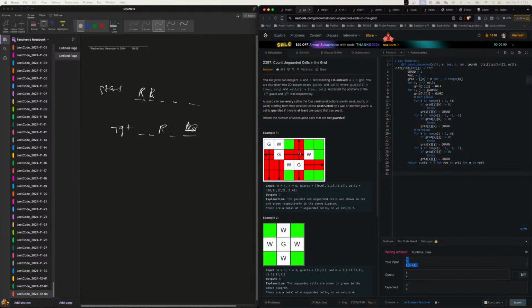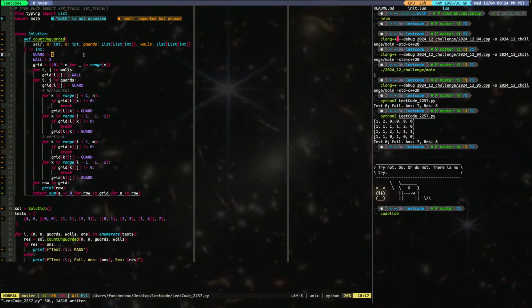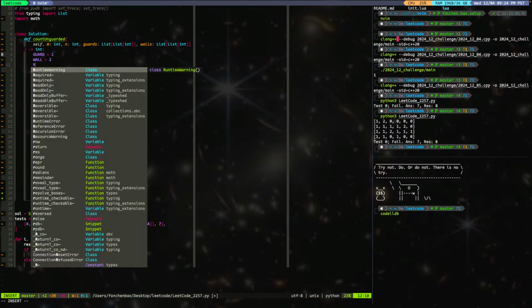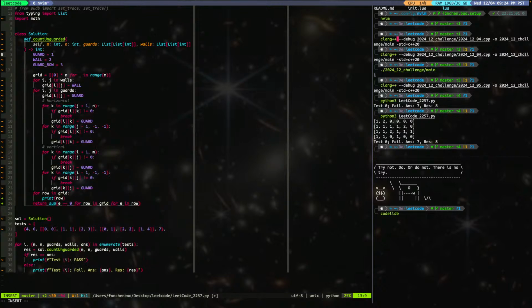Yeah, because here you get blocked, but that's a horizontal block. Okay, so guard row, guarded row, guard row 3, guard